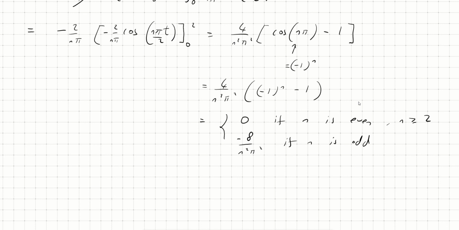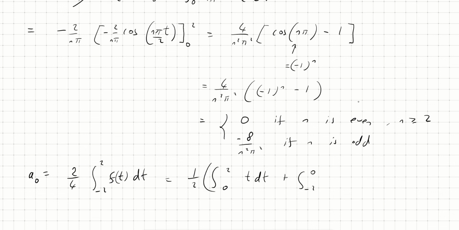So a0 is equal to, in this case, 2 over 4 times the integral of f(t) dt between minus 2 and 2, which is a half the integral between 0 and 2 of t dt plus the integral from minus 2 to 0 of minus t dt. Again, splitting as before to deal with the mod t idea,